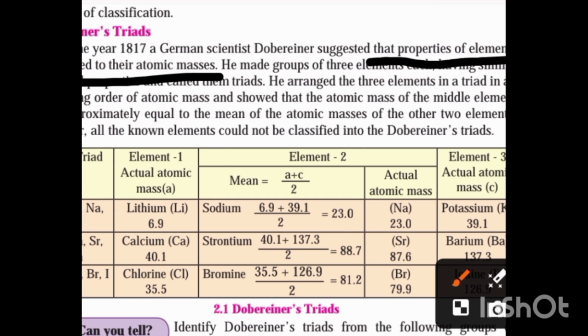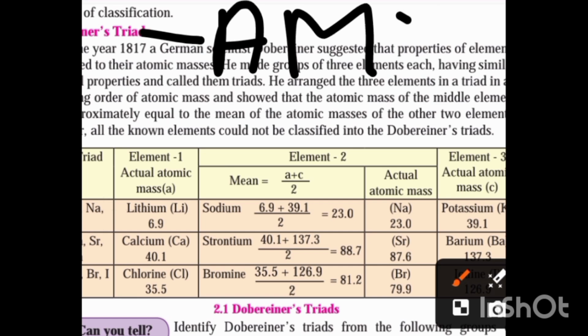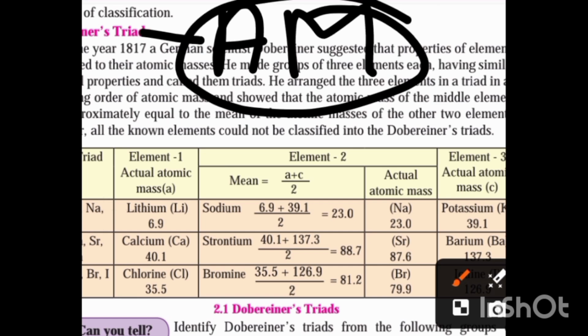to their atomic masses. Means Dobereiner's classification was based on atomic masses. Any classification is based on a certain criteria. A certain criteria is required not only for the elements, but if we are moving towards biology, then